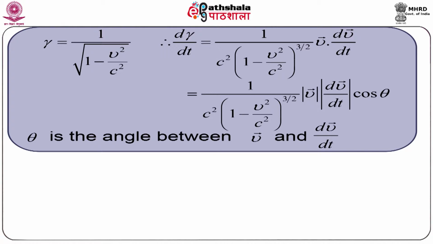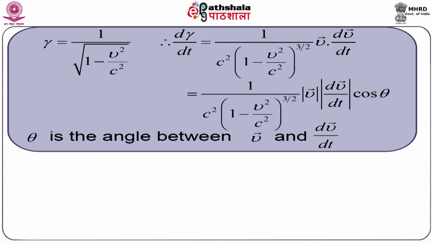Let us calculate d/dt of gamma. d/dt of gamma is equal to 1 divided by c square into 1 minus v square by c square whole to the power half plus 1, that is 3 by 2 in the denominator,